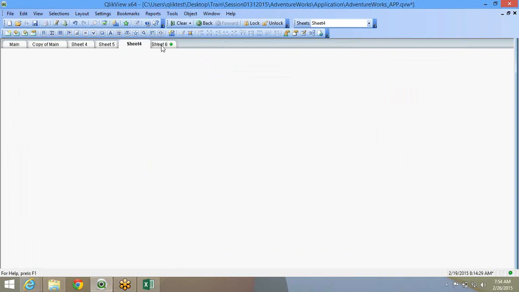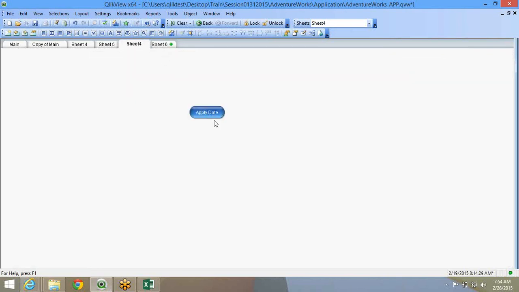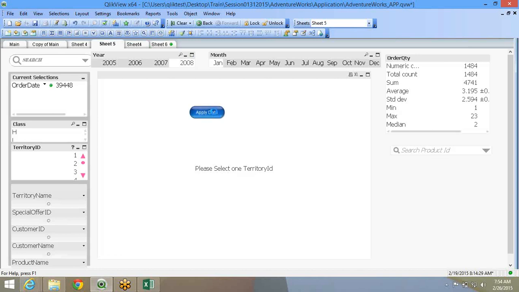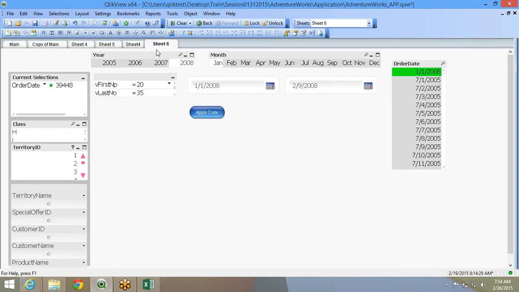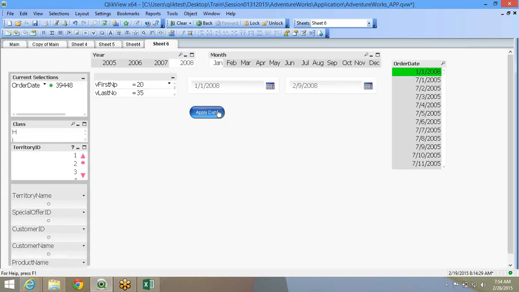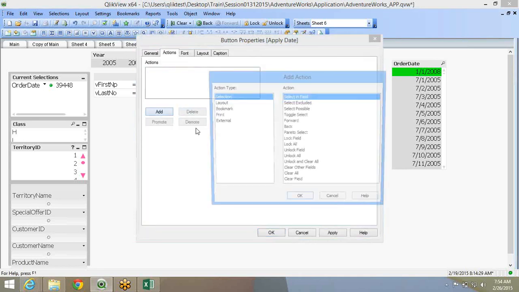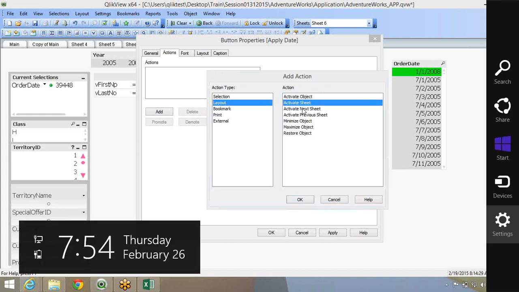Now if I keep setting this button on every sheet, I can give a user the option to move across sheets. In sheet 4, apply, it will come here. In every sheet, I can give an option for the user to go to the previous sheet. Similarly, if I add another button to move into the next sheet, it's like a toggle between sheets for the users. That's the layout.